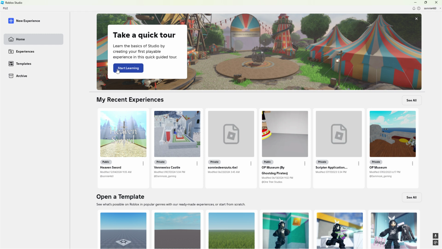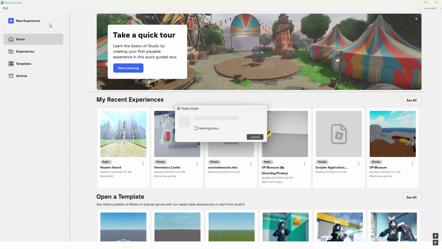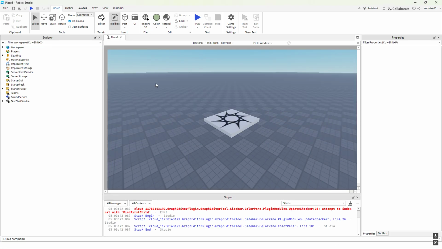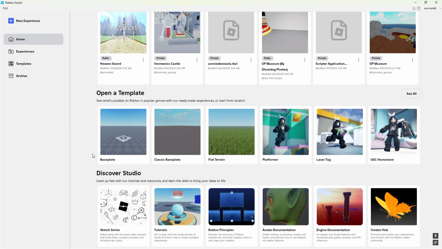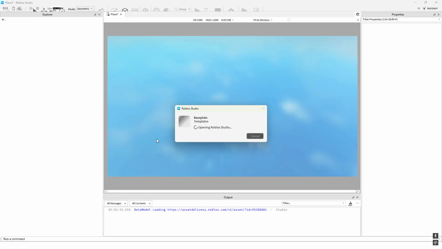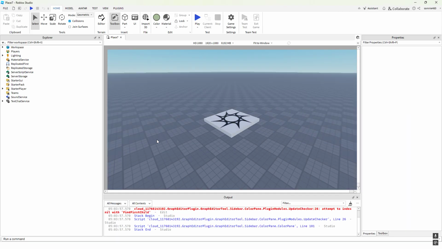And then there's this start learning button here as well. I'm guessing it'll just take you to the wiki or some documentation. But if you're watching my tutorial series, then hopefully you won't need it too much anyway. But with all that said, let's go ahead and start a new experience here. So that's just basically the same as picking the base plate template. So if I just go ahead and close this, and then I open the template base plate here, it's the same thing. Okay, then,